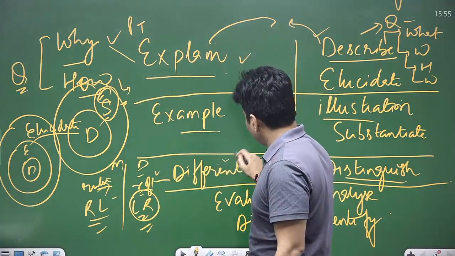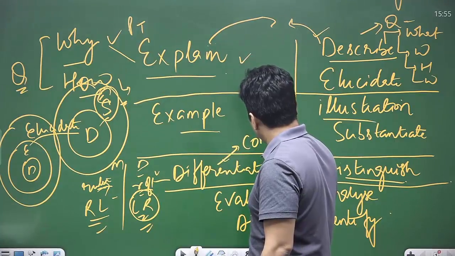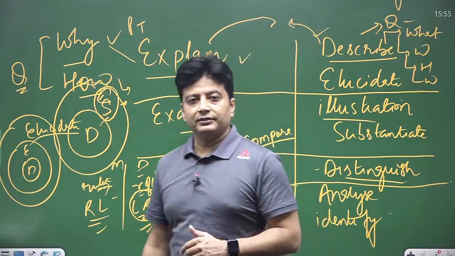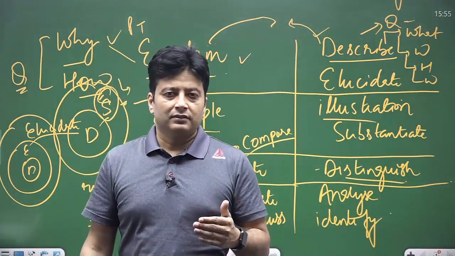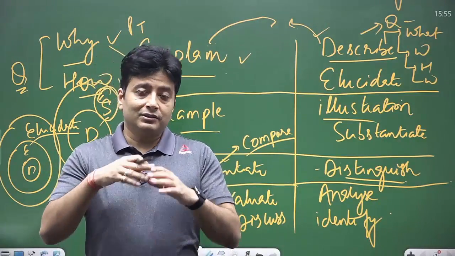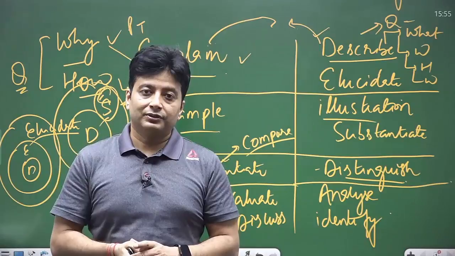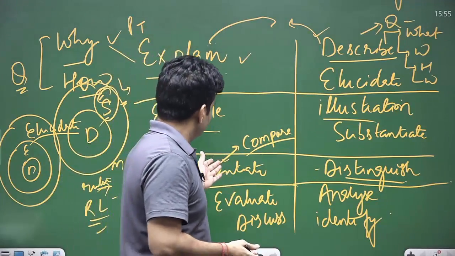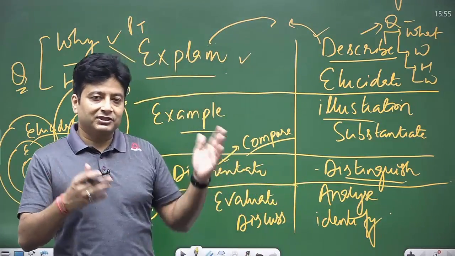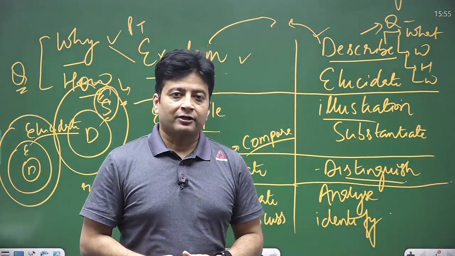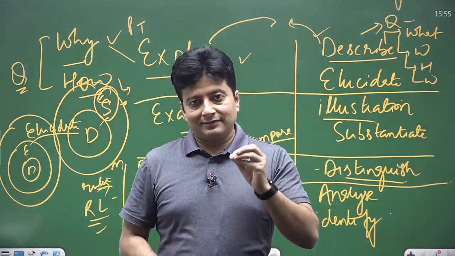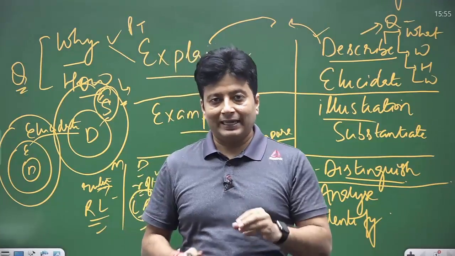Say, for example, they can ask you to compare. Right? The word compare can also be there. When we talk about comparison, it may include similarity also, and may include differentiation both. So comparison is the bigger point, and differentiation is sometimes a subset of comparison. So you have to understand the science of the tailender, the science of the word in the question, because the entire context is sometimes different.